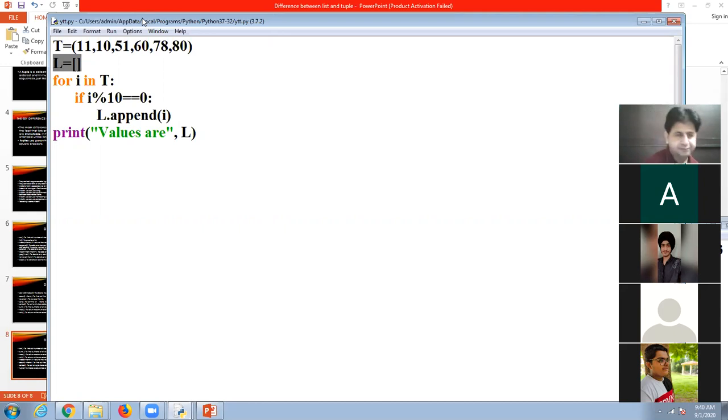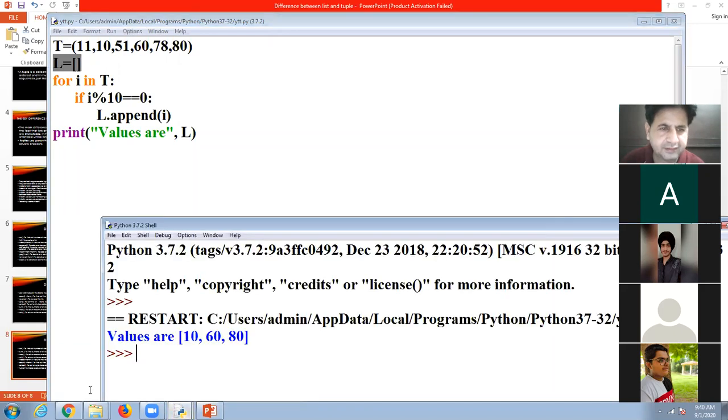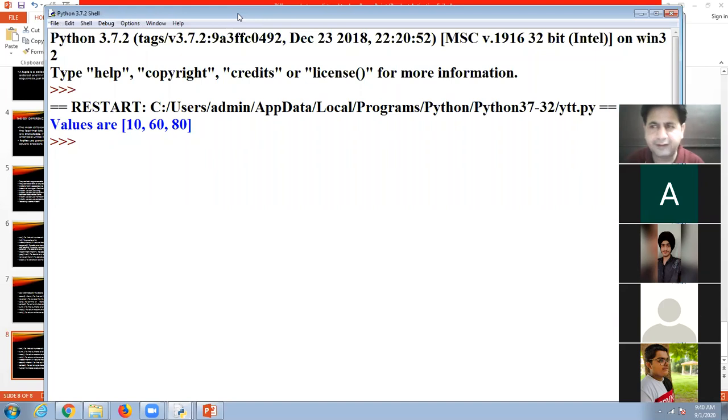One more thing, we have discussed there are three functions of tuple: max, min, and sum. Look at here. If I take one tuple, here is